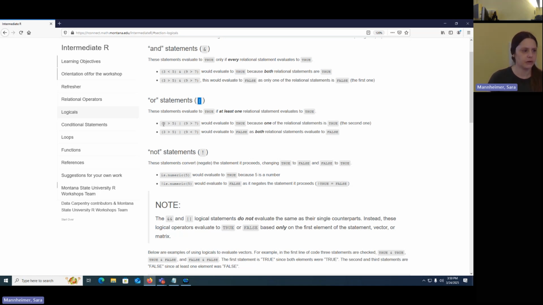So is 3 greater than 5 true? Is 9 greater than 7 true? These are both true. So this would also evaluate to true because at least one of them is true. In this case, both of them are true. But